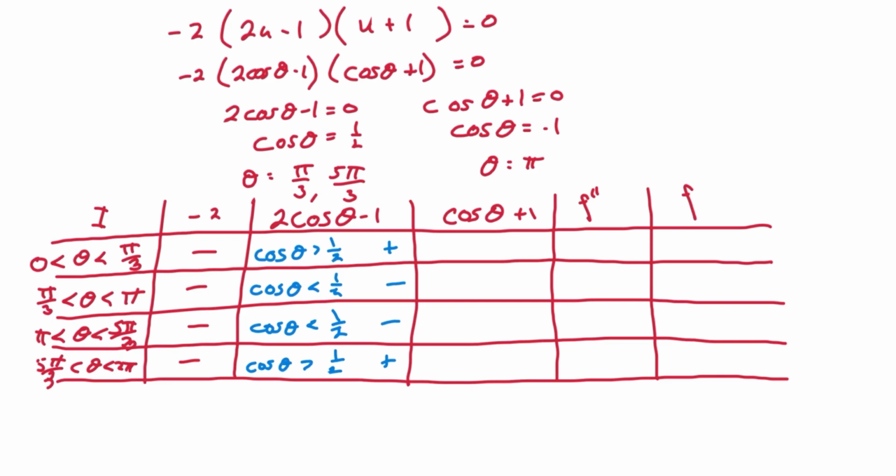In cosine theta plus 1, in the first interval, we get a positive. In the second interval, positive. Third, positive. And fourth, positive. So now looking at the second derivative, we have negative, positive, positive. That's a negative. Negative, negative, positive. That's positive. Negative, negative, positive. That's positive. And negative, positive, positive. That is negative. So if f double prime is negative, that means that f, the original, is concave down on